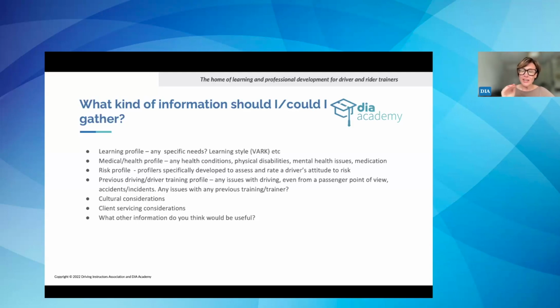But certain clients will have certain considerations and needs that they need you to service beyond the cultural, religious, medical, learning need. They might be practical things, like they work and they have certain times that they can and cannot learn, or they're better off not learning because they've just come off a busy day at work and their focus isn't going to be there. So understanding those contexts is important in terms of both servicing them and also, to some degree, risk management as well. And again, we'll touch on what other information we think collectively here today is useful to include in a pupil profiler.